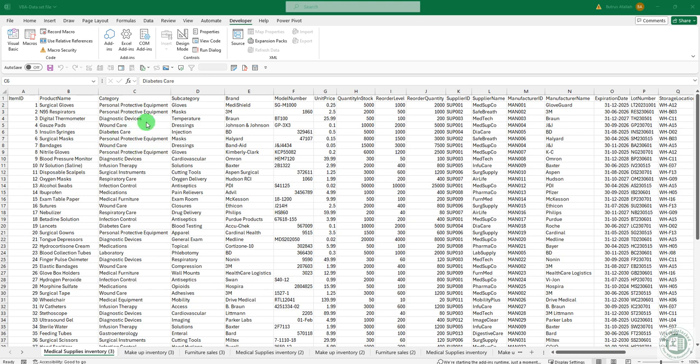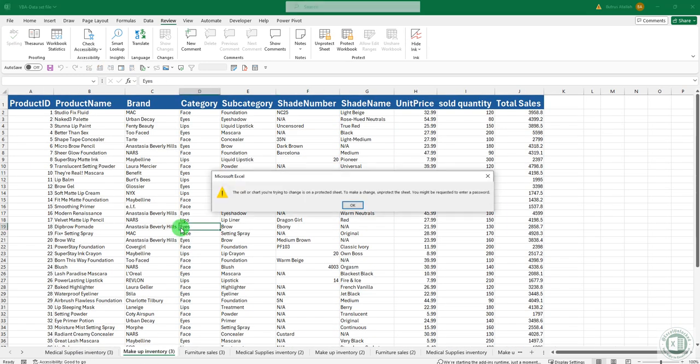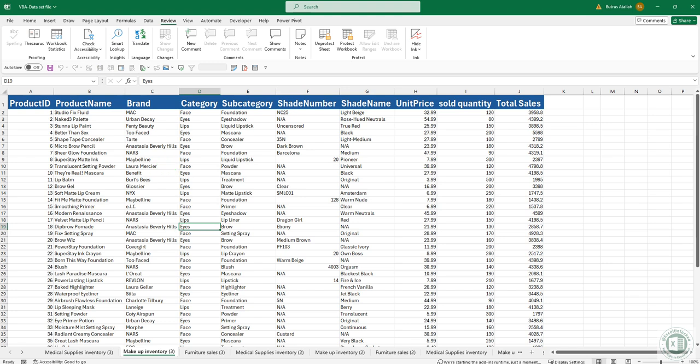So if I need to unprotect any of these sheets, I have to go to the review tab, unprotect sheet, and write the code that I wrote, sheet 1, 2, 3, and the protection is gone. But how tedious would it be if I need to unprotect the sheets one by one? This is why we're gonna write another code, same as the above, but to unprotect all the sheets at once.